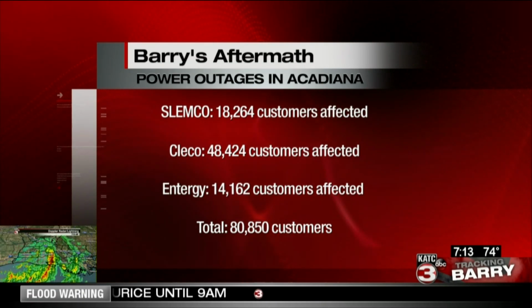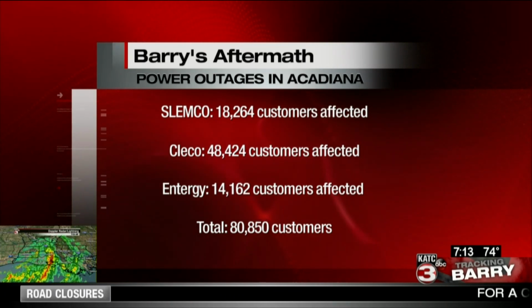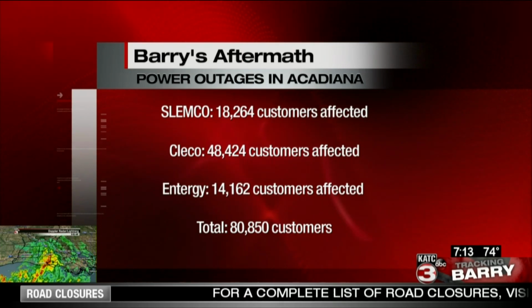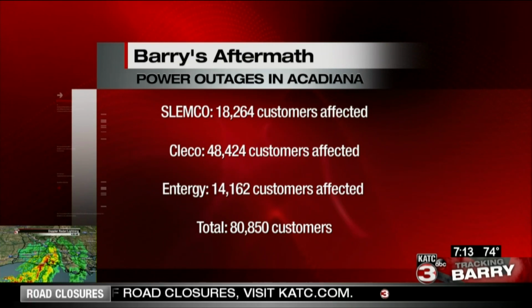There you can see some of the power outages in Acadiana. SLEMCO, nearly 18,000, nearly 50,000 customers with CLECO, and I think about 28,000 of those are in New Iberia alone. Entergy, a little over 14,000, so you're talking about over 80,000 customers without power this morning. And we had spoken about how it might be some time before people see their power back up, because you have to make sure that the safety is good for the crews that are working to put that power back in store. Absolutely, and any traffic lights that are out, you need to treat as a four-way stop,